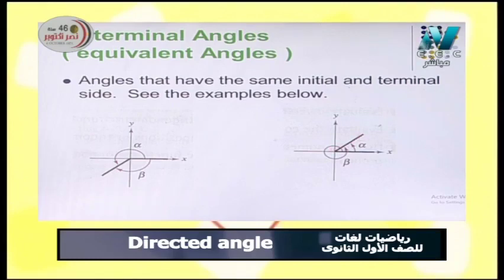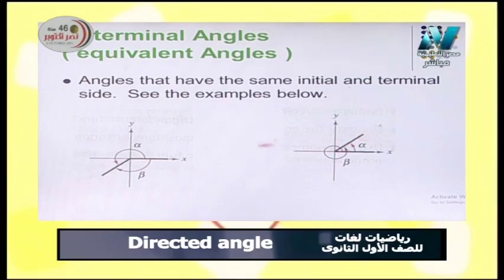Alpha is the smallest angle, and after that we add a complete round around the origin point and return again to the terminal side. So alpha and beta, which return to the same terminal side, we call coterminal angles or equivalent